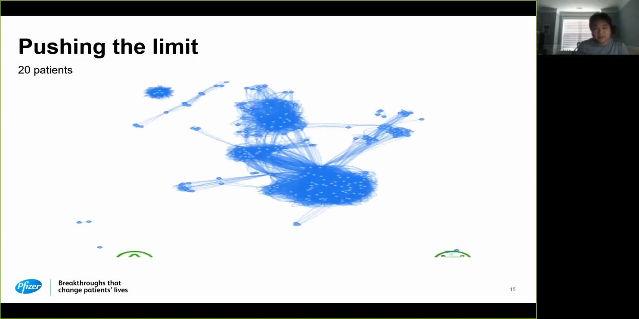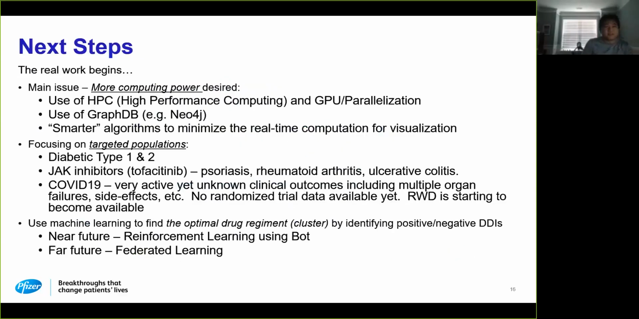And this is again similar to the previous slide. It's actually exactly the same data, but using a different technique. Okay, so what are the next steps then? The real work begins where we